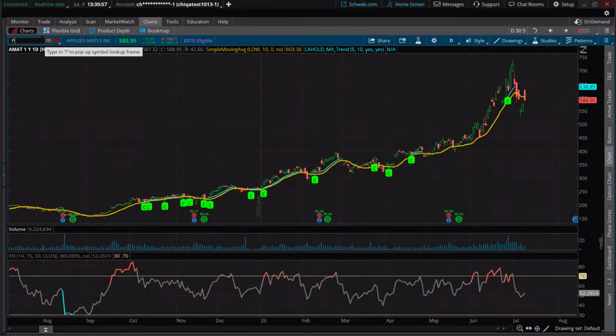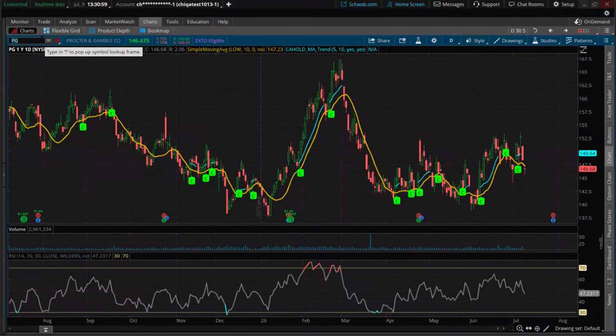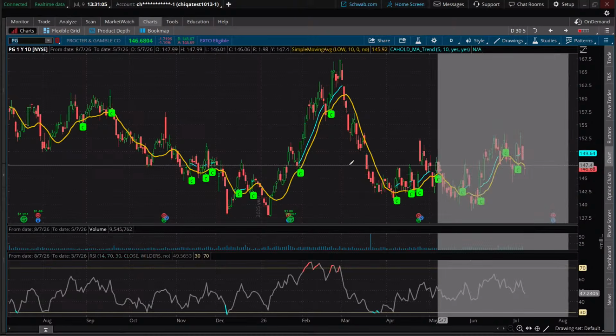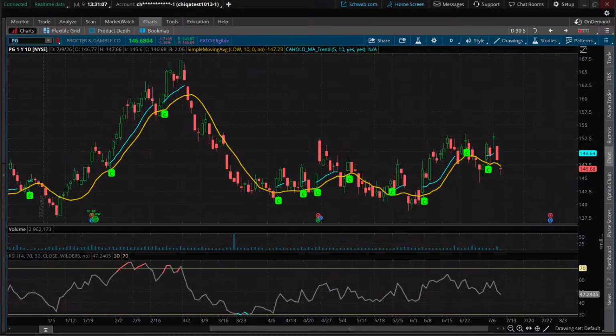The other one too, PG. There we go. Not showing up on the chart. Ooh, that one was a fake out, but it did end. Remember, what is our look back period? Always put it in context. It was 5 days. Is it being legit in what we asked it to do? It is giving us a legitimate indication, because we had our Cahold where? Easy to see. The green C right there. You can't miss it. 1, 2, 3, 4.